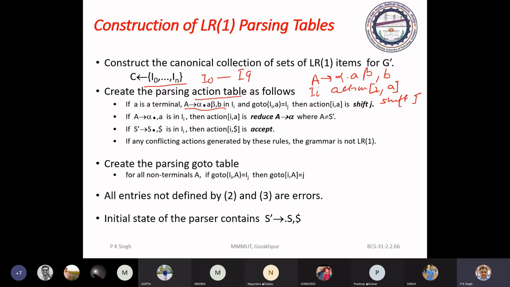Suppose it is Ij, then it will be j. In this way, we can make it.